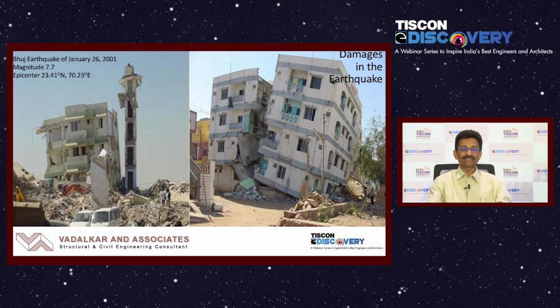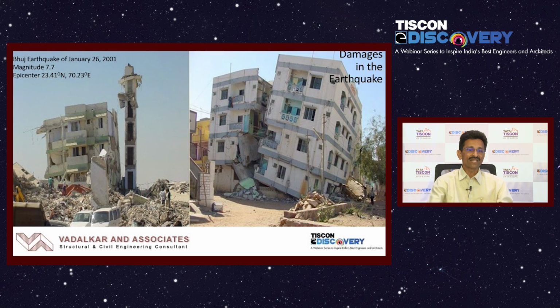In the other picture, you again see buildings on stilts. The entire building block has come down and the stilt has vanished. So it is like a soft story effect. That is again what our code is trying to address: how do you make our buildings safe against this type of catastrophe? What happens is that the stiffness of the building on the first floor and above is substantially high compared to the stiffness at the ground floor level, which is called the stilt area, generally used for parking. So it is also called a weak story or open ground story. That needs to be avoided, or you have to properly design the structure for this type of